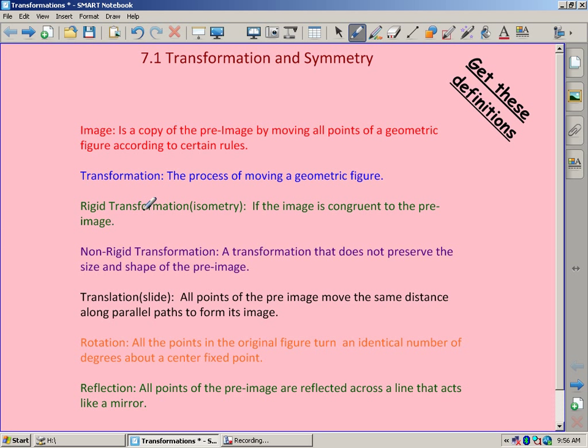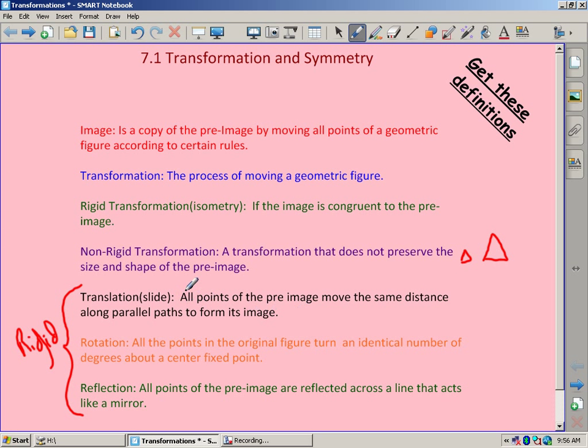A rigid transformation, sometimes called an isometry, is when the image is congruent to the pre-image. So if you get the exact same picture back, that's considered a rigid transformation. Today, the three down here that we are going to talk about, translation, rotation, and reflection, are all rigid transformations. The non-rigid transformations are when they do not preserve the size or shape. Basically, if you had a triangle and then you enlarged the exact same triangle, that would be a non-rigid